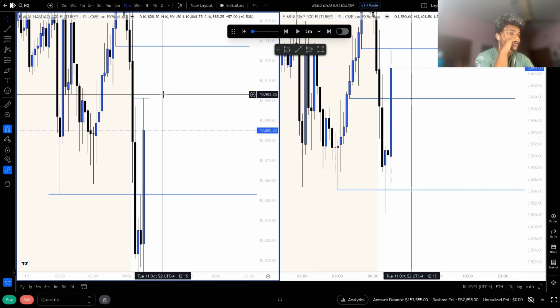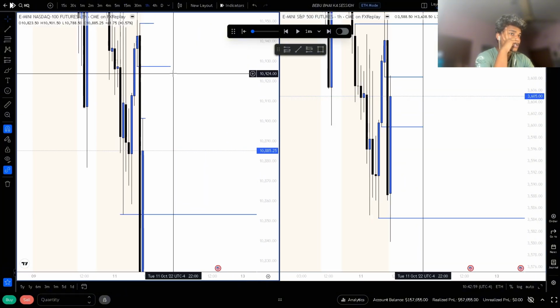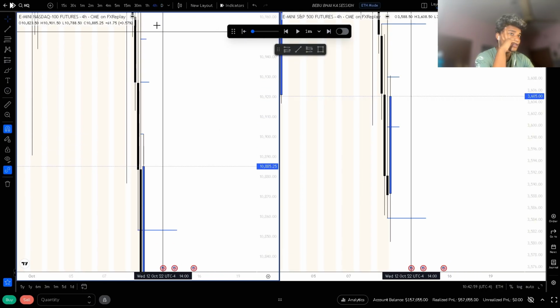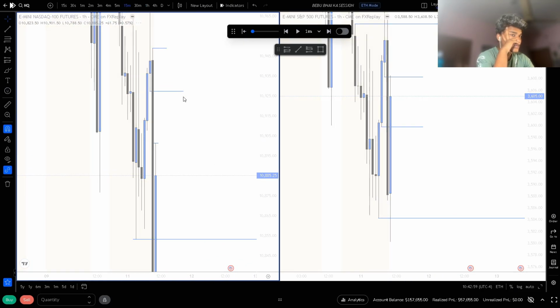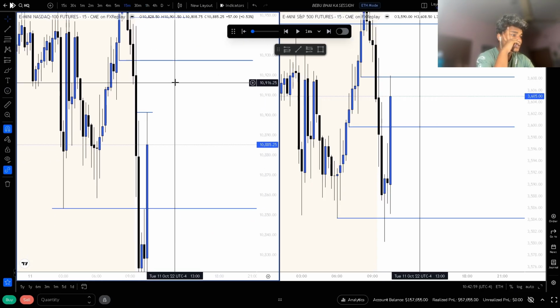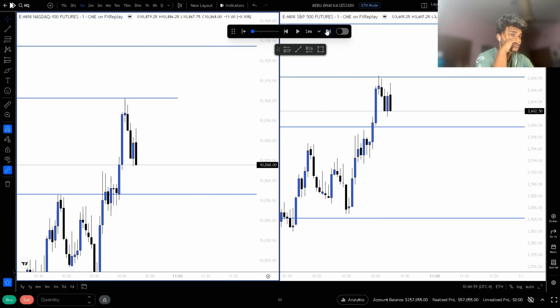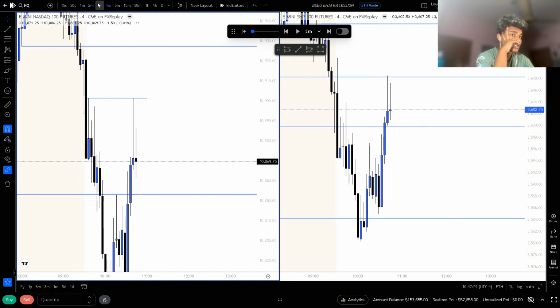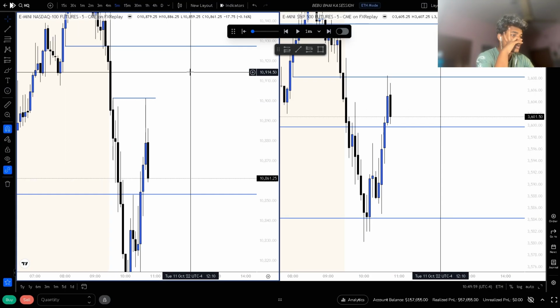So market tapped this 15-minute gap as well, and hourly gap is not here. 4 hour gap is also not here. So if we get a short here, I do feel like it is a nice one. Highest time frame is gonna be this 5 minute. So we inverse this gap.